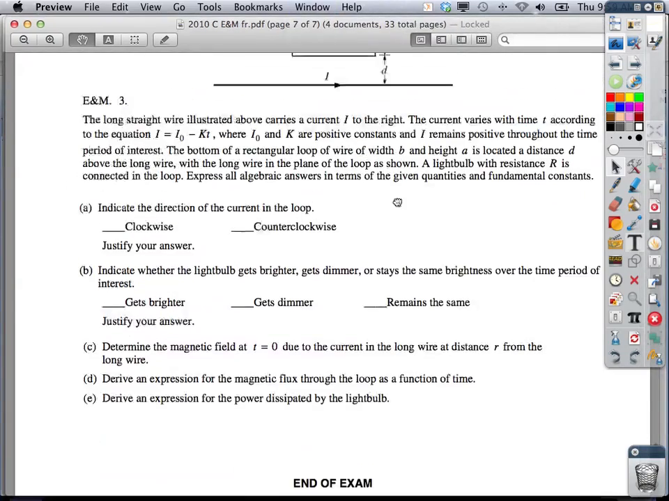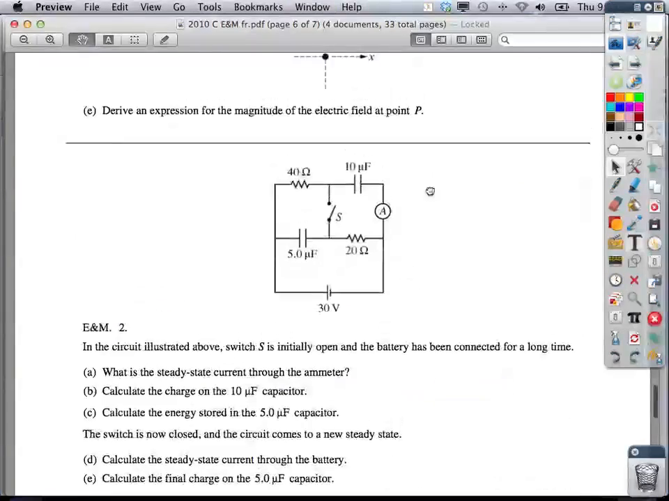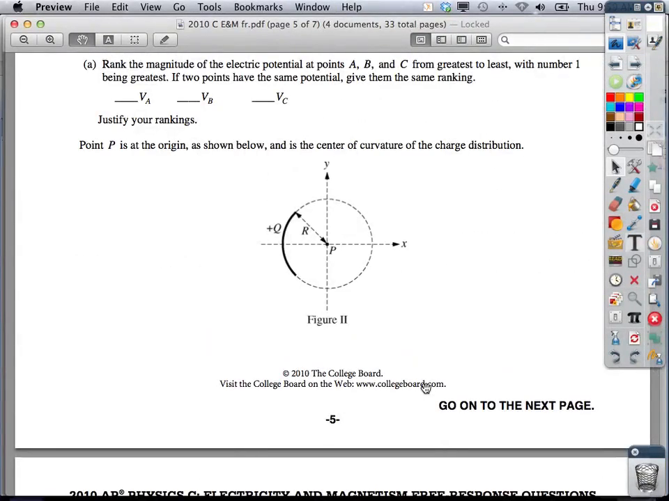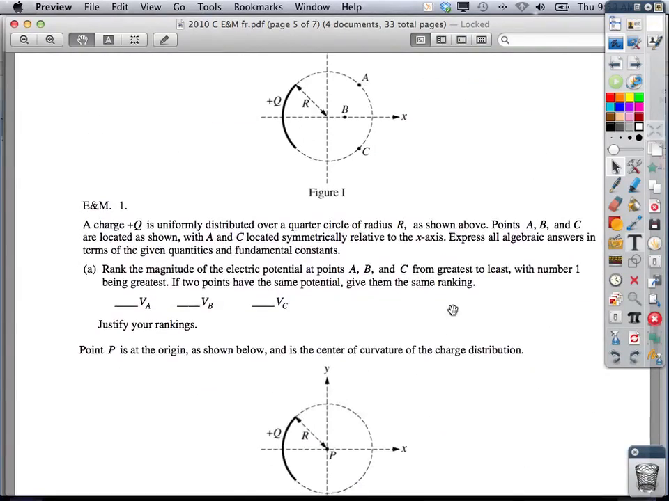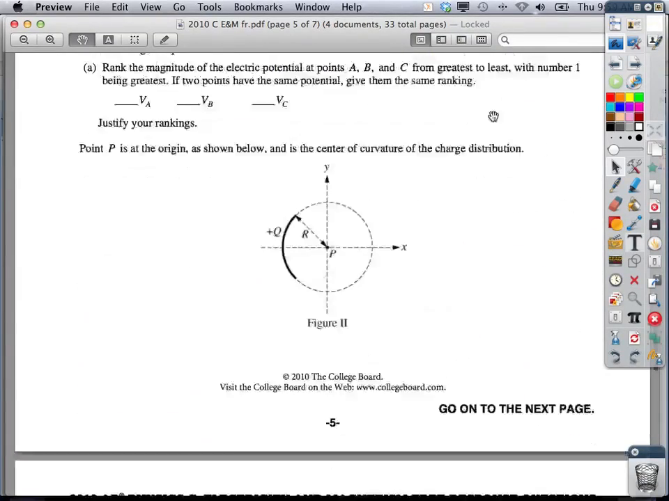Okay, and then if we take a look, because you were asking what's going to happen for the test, it's always the same. The first question is going to be on electrostatics. The second one